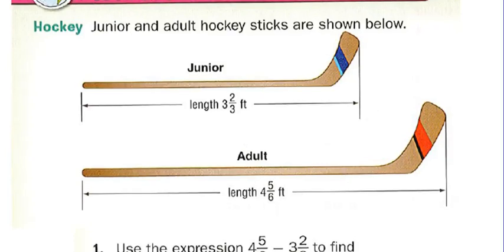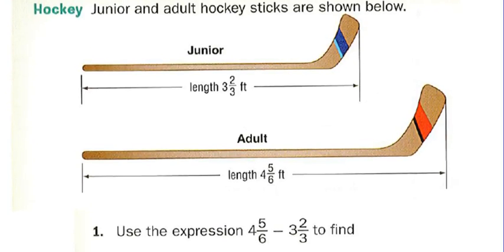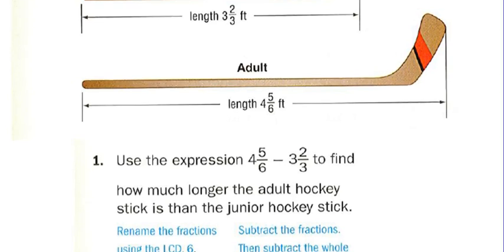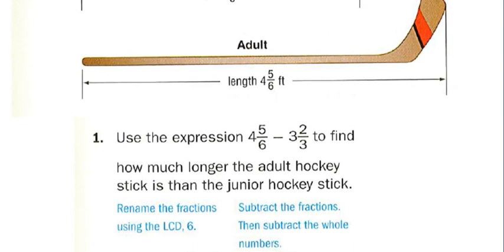So first example we're looking at here is we have two hockey sticks. One's a junior length and one is the adult length. We want to find what's the difference between these two? How much longer the adult hockey stick is than the junior hockey stick? Well, we're going to use this expression, 4 and 5/6 minus 3 and 2/3, and those are both what we